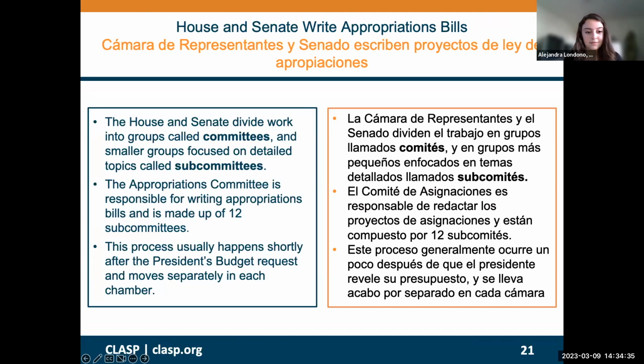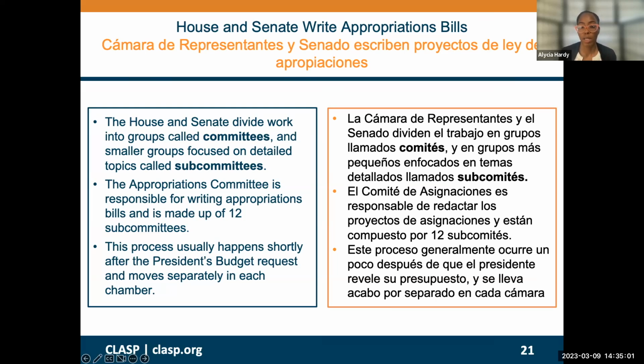So as we learned, to help organize the many programs, policies, and agencies Congress covers, the House and Senate divide work across groups called committees. These committees are then split into smaller groups called subcommittees that focus on more detailed topics. One of the many committees in the House and the Senate is the Appropriations Committee, which is responsible for writing